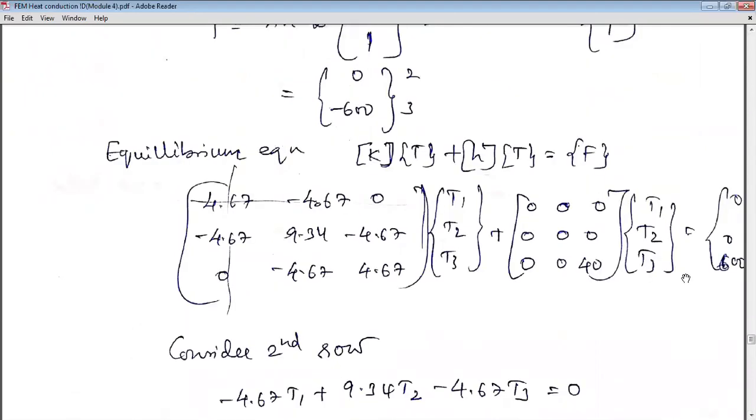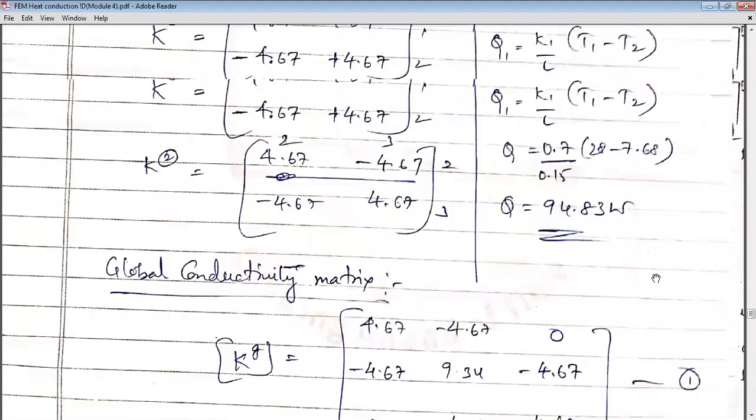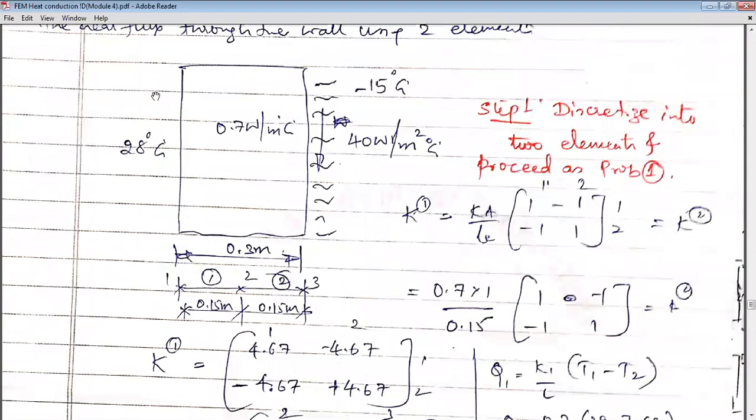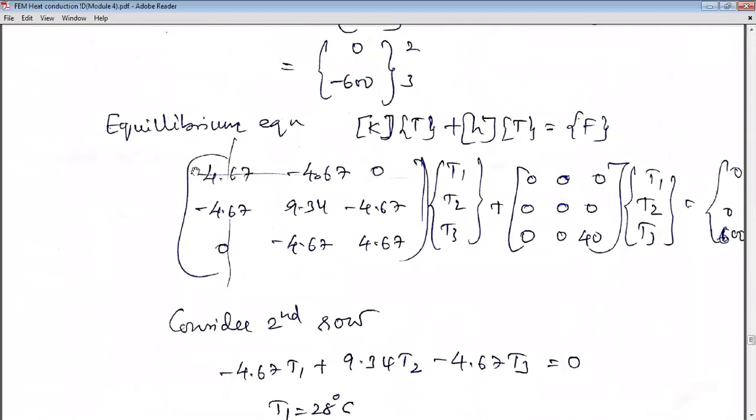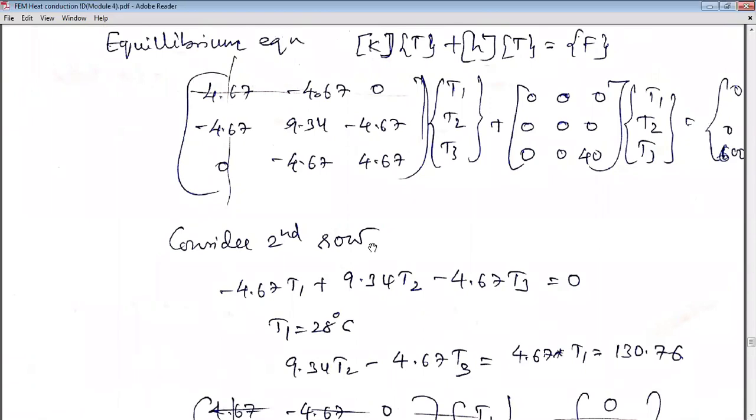Then whatever specification he has done is given, this 28 degrees Celsius. T1 is given, so this row, this column gets eliminated. Before you eliminate, you have to consider the effect of T1 on the temperature, because you can see it in the load vector. So when T1 is given, consider that row which does not have 0 in first row and first column. Of course, only this row should be considered because this has 0 in the first column. This has 0 in the first row.